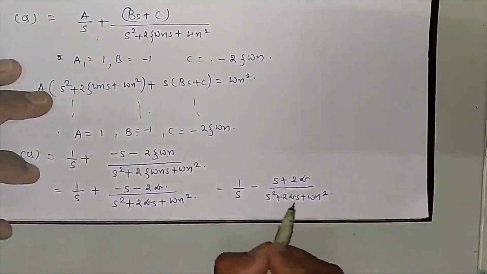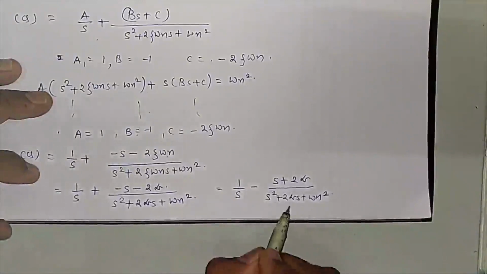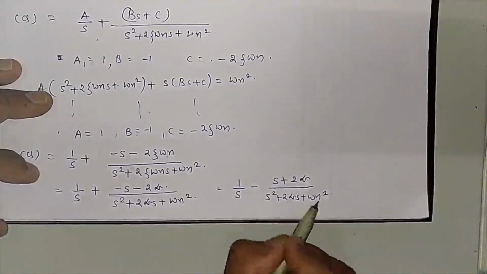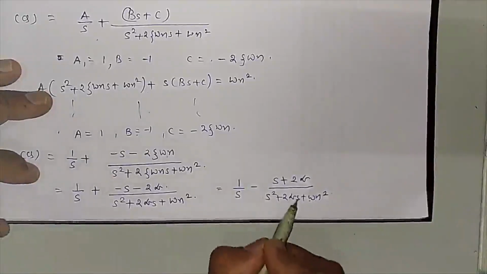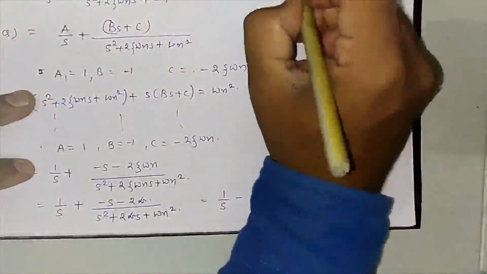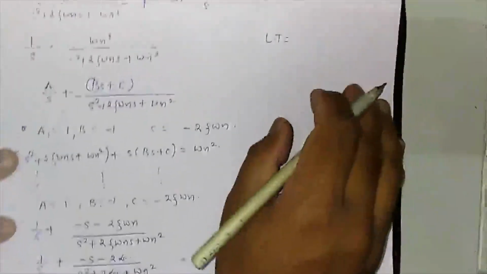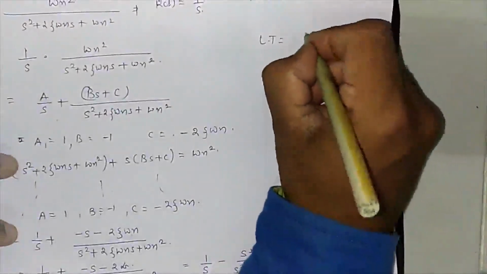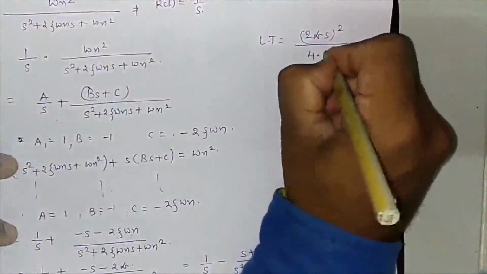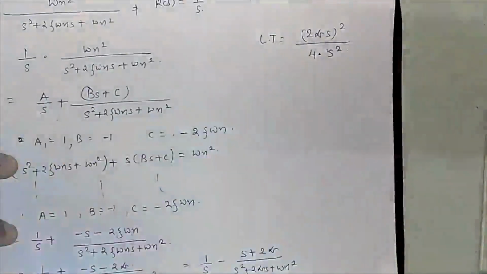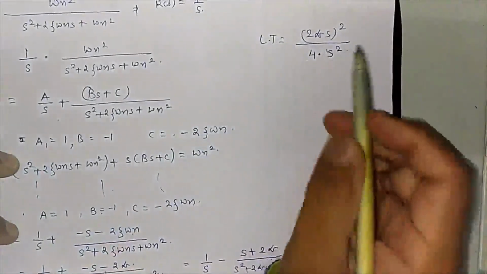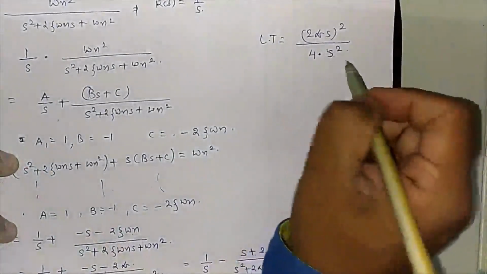So if you look clearly over here, something is missing, because you will be having a first term, you will be having a second term, but the third term is not associated with your final equation. That means which term is missing? Last term is missing. So we have to find out the last term. The equation of the last term is: last term is equal to middle term whole square divided by 4 into first term.